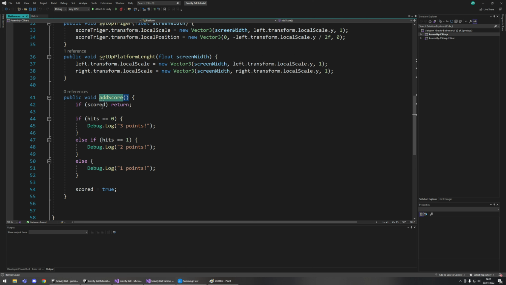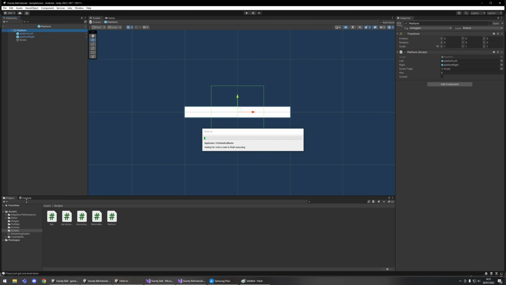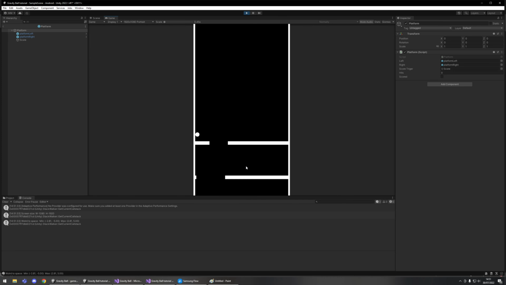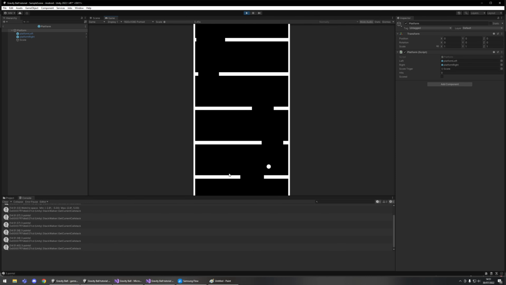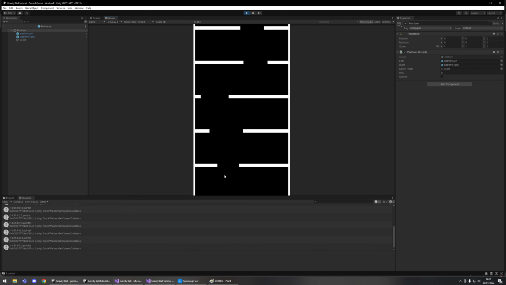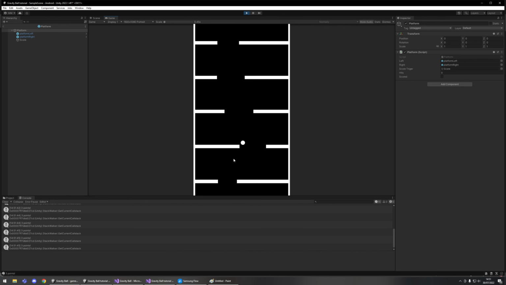Do we have anything here? Yes, we do. So we should see all the time 3 points added to our score. Let's run the game. Let's open the console. Let's run. Okay, and regardless of how many times we bounce it, it always should be 3 points. You can see in the bottom. Yeah, it's 3 points, and again it's 3 points. And the reason is because we need to make another